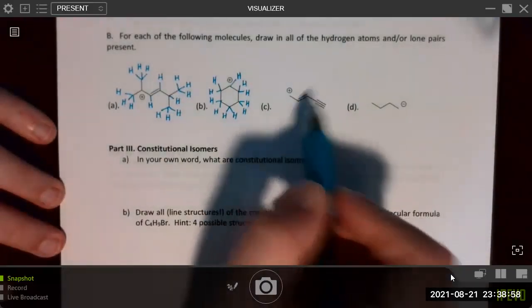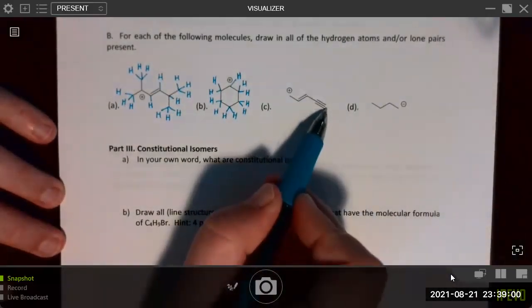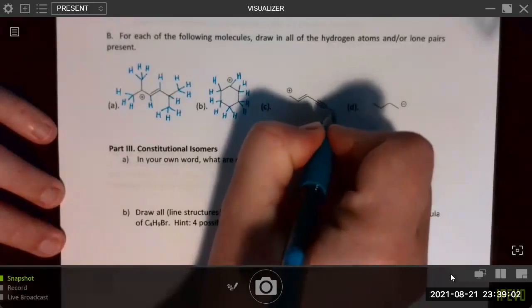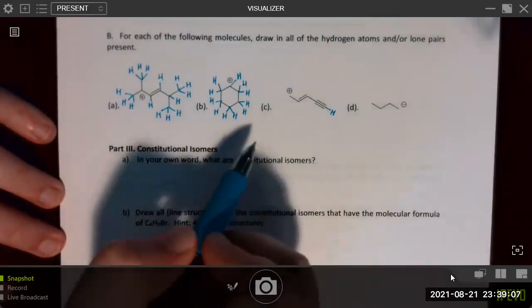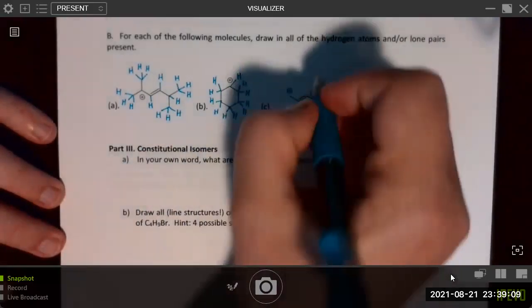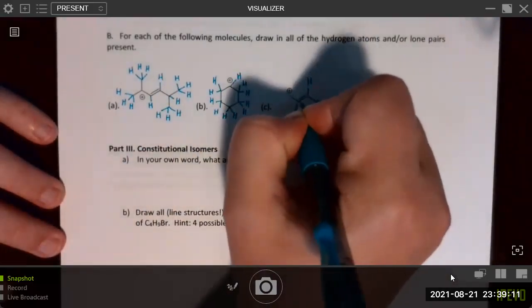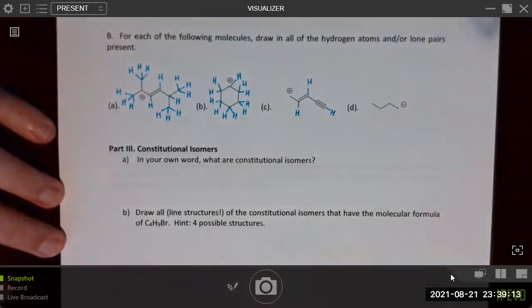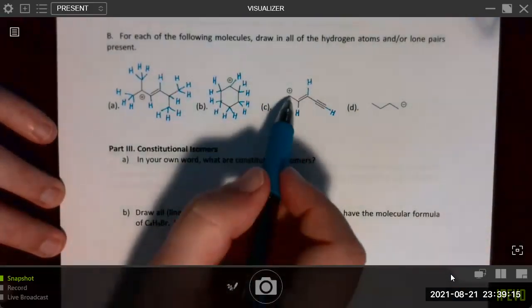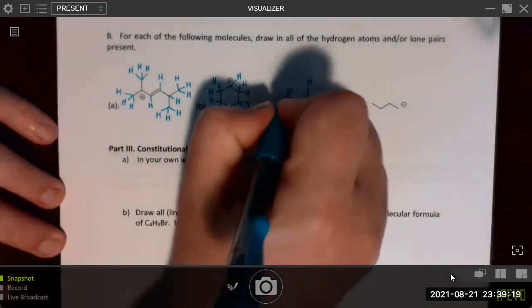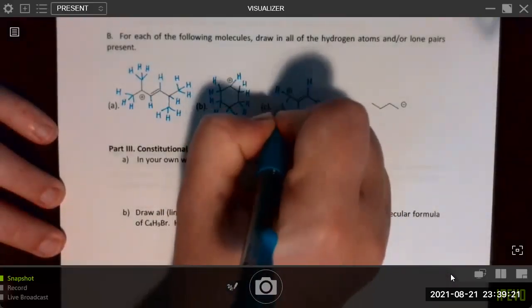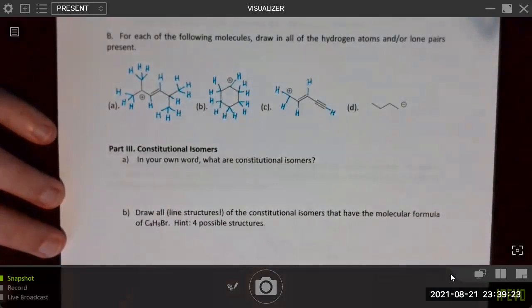Let's look at this one. This carbon at the end here needs a 4th bond, so we'll draw in that bond to hydrogen. This one already has 4 bonds, so we don't need to draw in anything. The 2 that are participating in the double bond each have a hydrogen. And then this one at the end is a carbocation. Again, it's only making 3 bonds. So we should have 3 bonds total, which means 2 additional bonds to hydrogen and an empty orbital.